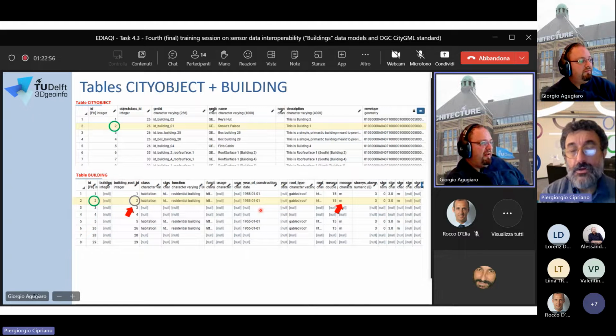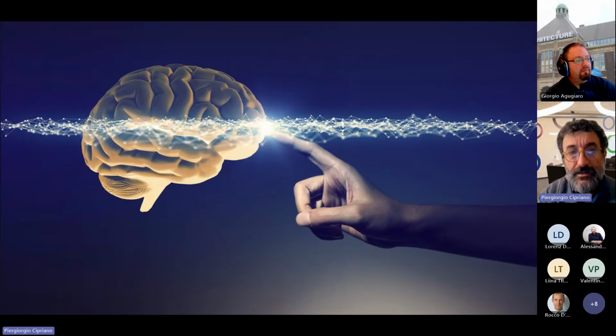So we need to think of a standard data model for enabling and facilitating the sharing of data. That means the sharing in terms of interoperable data models, interoperable formats, interoperable semantics, and also interoperable means of viewing and downloading this data. So the idea behind this fourth webinar is to stimulate all of us, so all EDIAQI partners, in thinking of how to exploit maybe a little part of CityGML standard also for the purposes of our